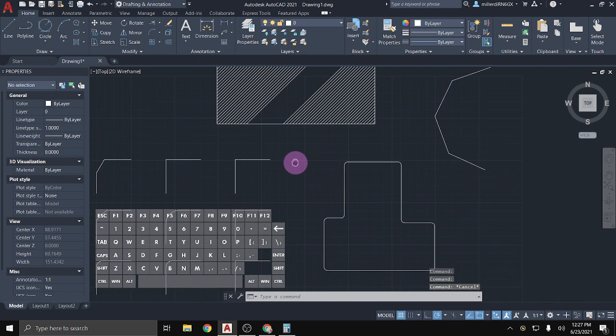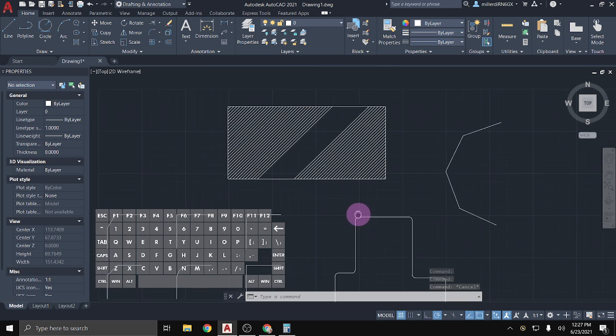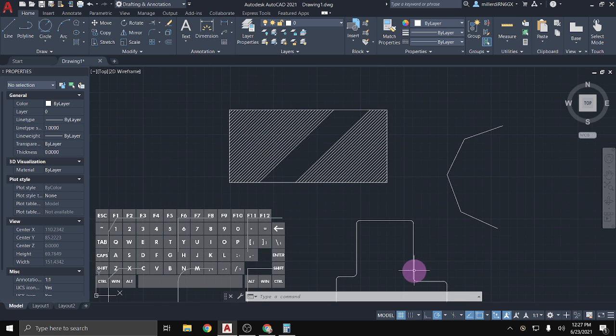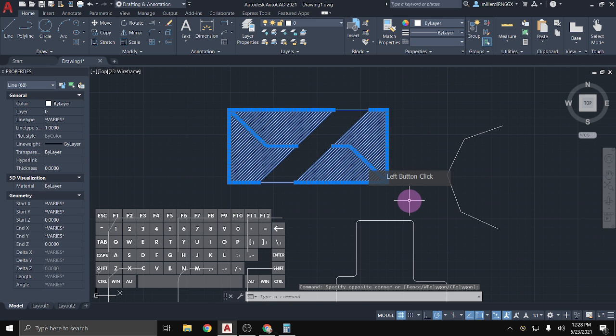Now, one thing to keep in mind with join is that it has to be one pathway. So I can't, for instance, join these hatch lines together with these rectangle lines. So if I highlight all of this and then,